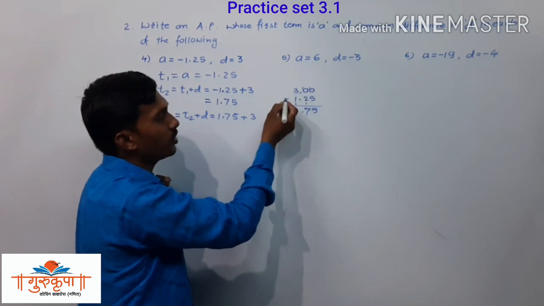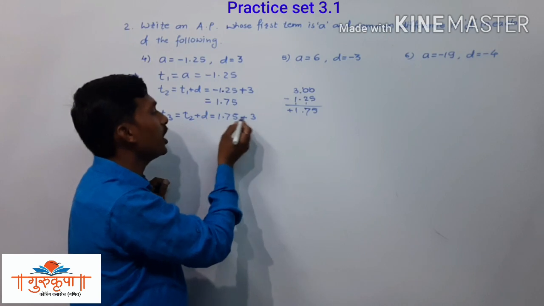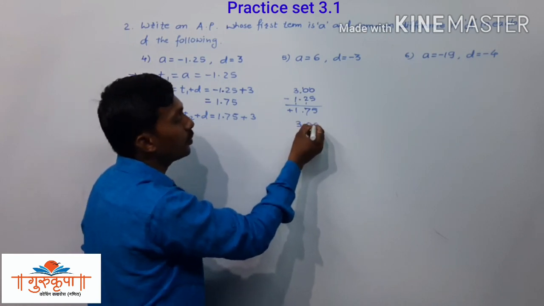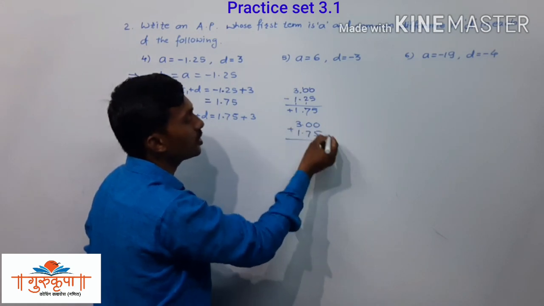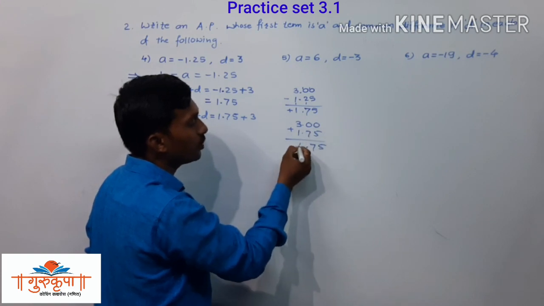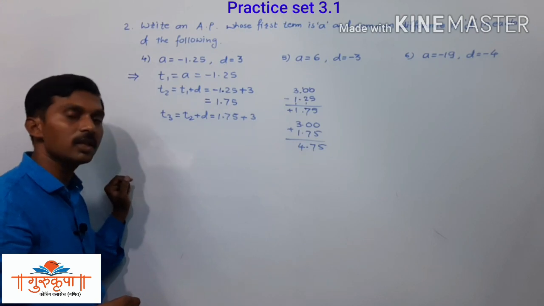Here we take subtraction, but decimal numbers are there, decimal forms are there. So here we have to take addition since both the numbers are positive. We can write 3 as 3.00 and this is 1.75. Both the numbers are positive since take addition. 5 plus 0, 5, 7 plus 0, 7 and 3 plus 1 is 4. And both the numbers are positive since the answer is positive.